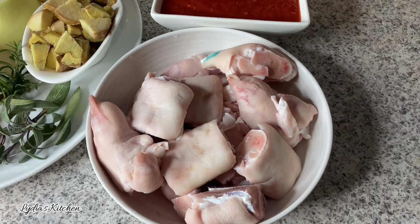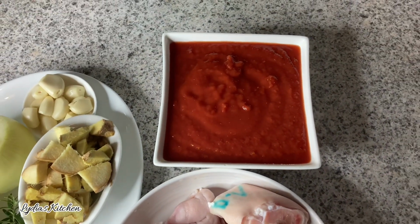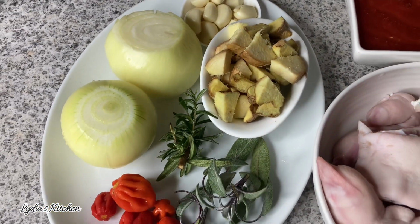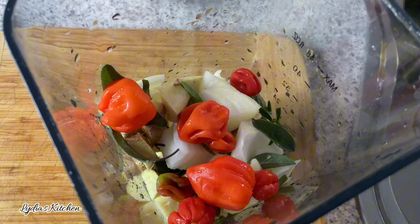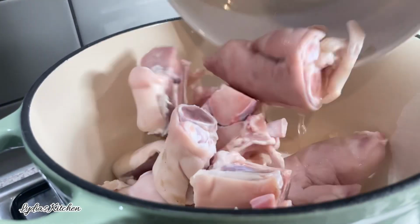So I have here nicely cleaned pork feet that I've already cut into smaller pieces. I also have here crushed tomatoes, ginger, garlic, onions, rosemary, sage and habanero peppers, and also some other ingredients which I'll be using later. So in a blender I've added the ginger, garlic, onion, sage, and I'm going to blend